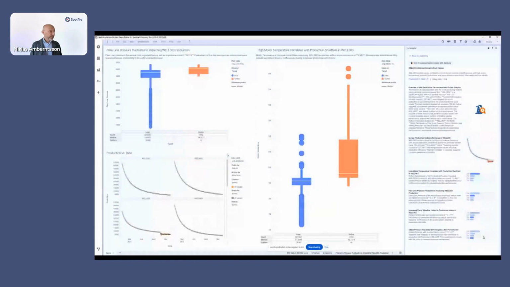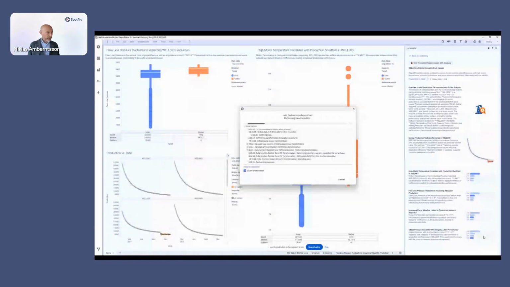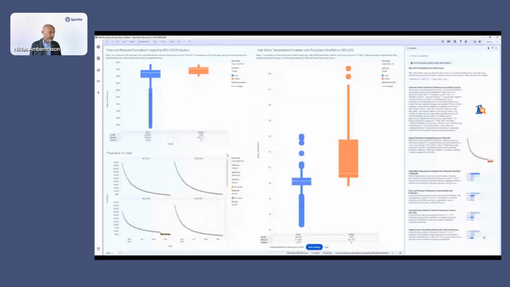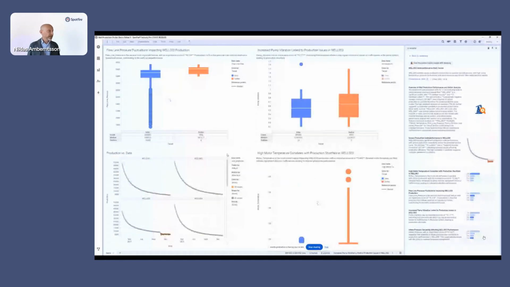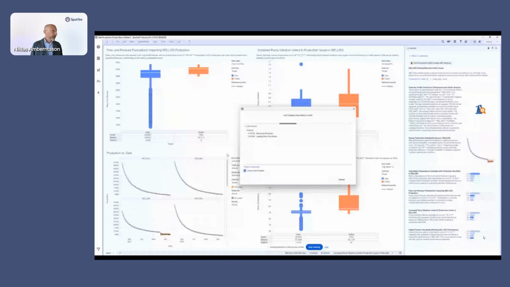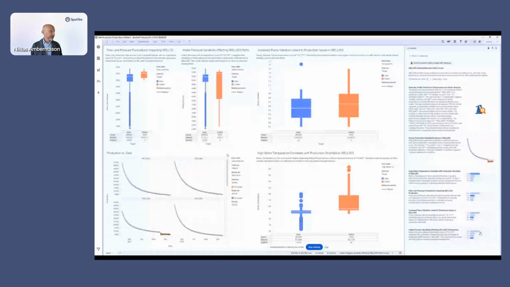So these parameters are now visualized as box plots, which is showing the difference between the inliers and the outliers in the data. And we can clearly see here that there certainly is a difference in all these factors